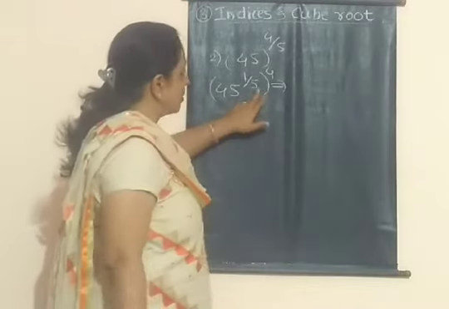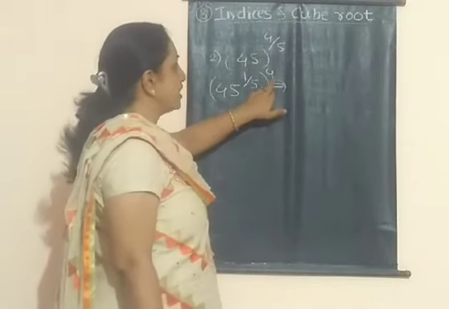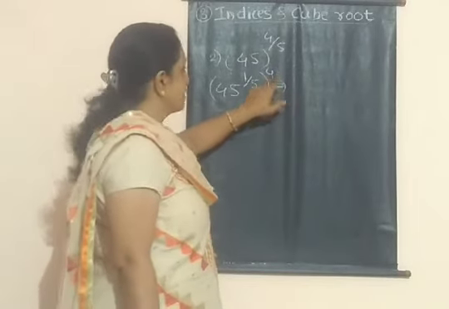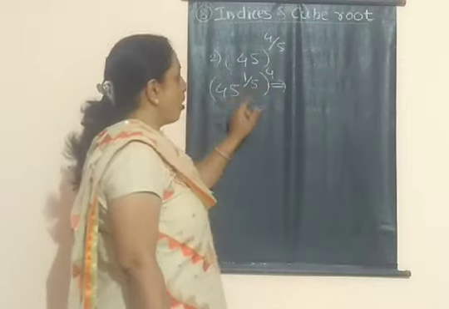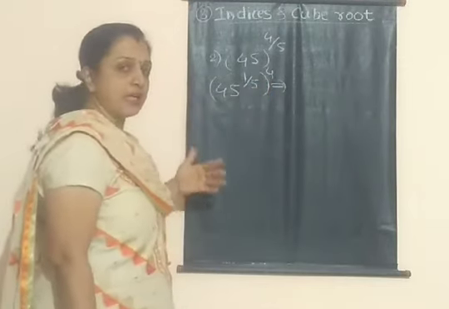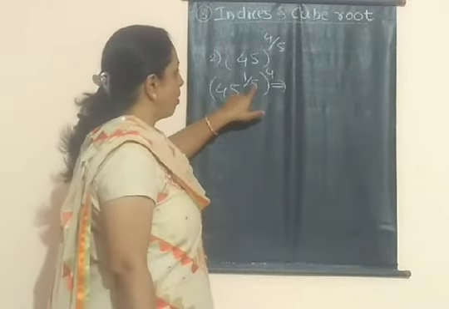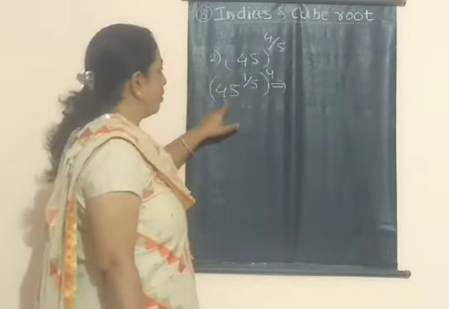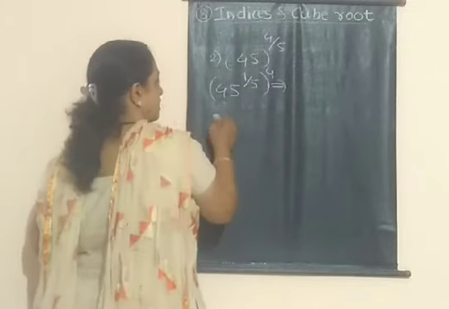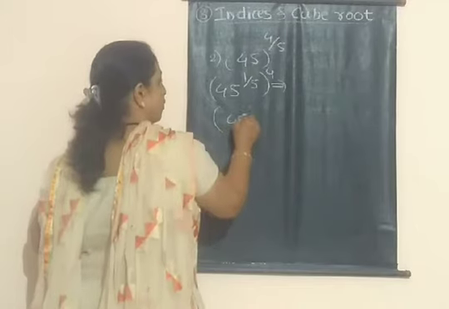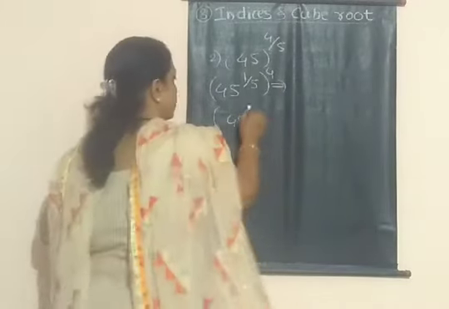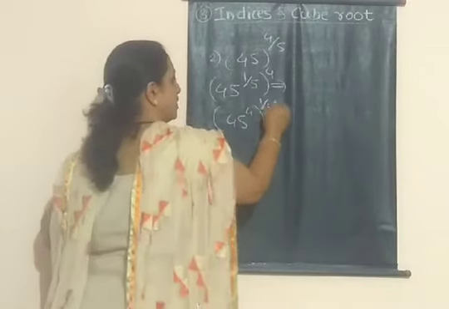So now let us see how to read this. This is the 4 power. We must start from this. So this is the 4th power of the 5th root of 45. I again repeat, 4th power of the 5th root of 45. So you can write it like this. Then this number can also be written in this form: 45 with this 4 inside and this 1/5 outside.